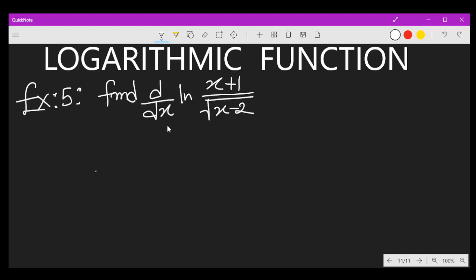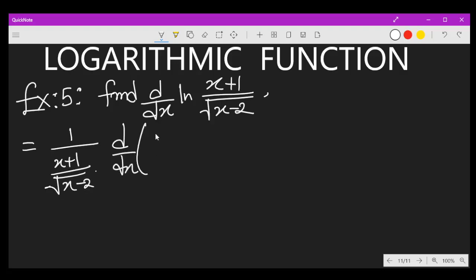Example 5. Find the derivative of ln of x plus 1 all over square root of x minus 2. So just apply the formula by applying the chain rule. The answer will be 1 over x plus 1 all over root x minus 2, times the derivative of x plus 1 on square root of x minus 2. So recall that to apply the derivative for this, you are going to apply the quotient rule, which will give you